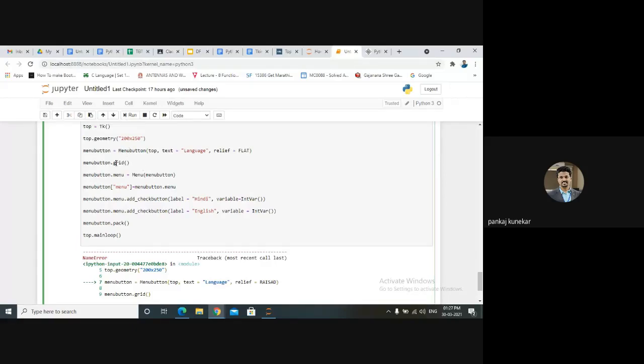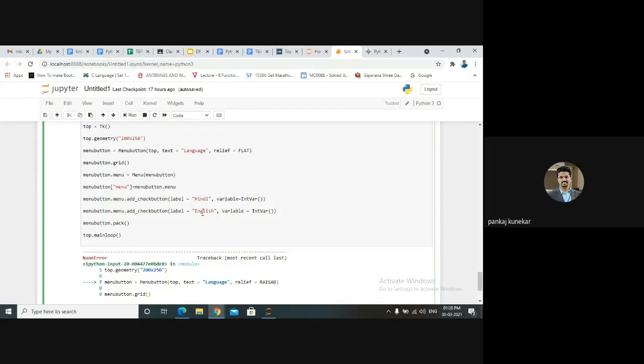Menu button is created. I want grid option over here, and I need to add menu because menu button requires some options. So suppose in language I want Hindi and English. So I will create menu button of menu. All the menu will be inside the menu, and I will call menu button dot menu dot add check button. And inside the menu button, I will add different menu variables as your Hindi and English.